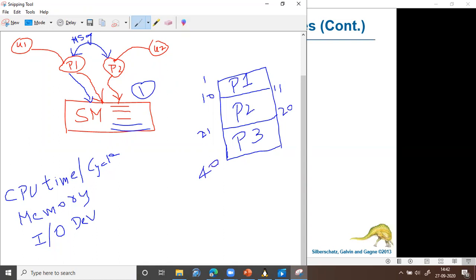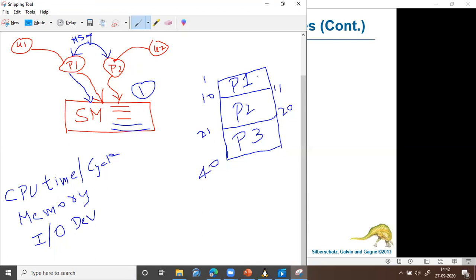It should not be given access to the 11th location. If it tries to access the 11th location, then the operating system should identify it as a malfunction and immediately stop that activity. Similarly, process 2 should be able to access only memory locations 11 to 20 and not any other location. Similarly, process 3 should be given access only to 21 to 40, not anything else. The operating system should ensure this. This concept is called protection.